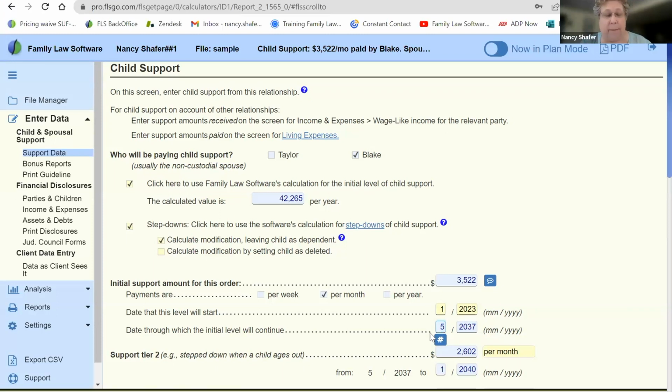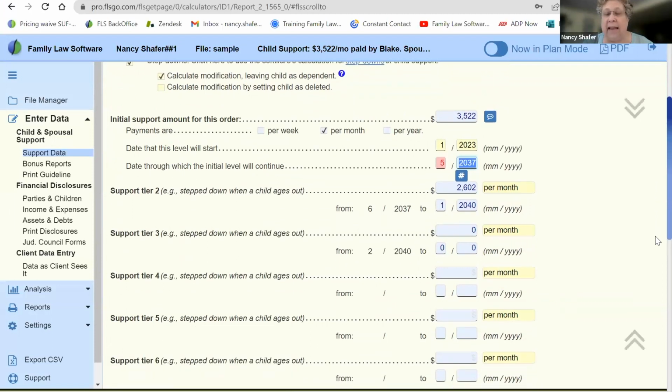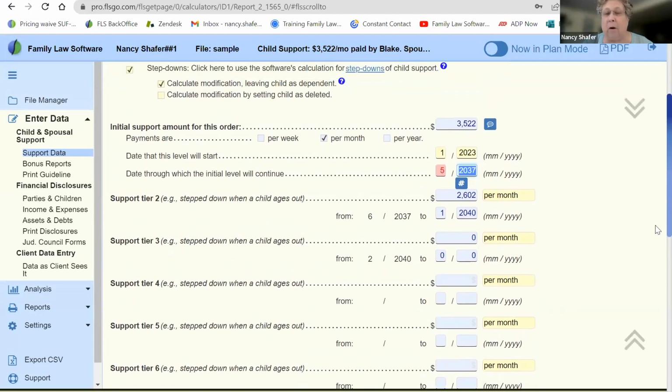So maybe it would be May or June. We can make it go another month, and then it'll automatically change when that step down occurs. I'm going to take that back to the calculated amount. Okay, now,